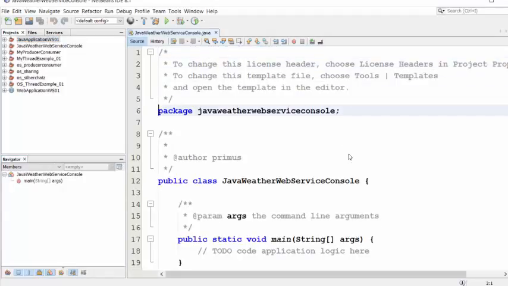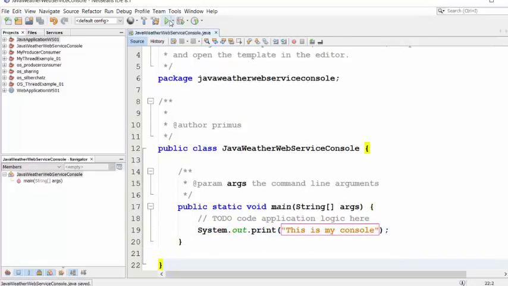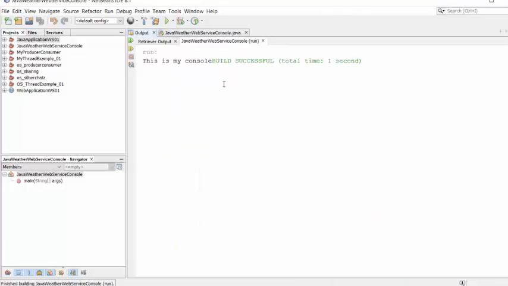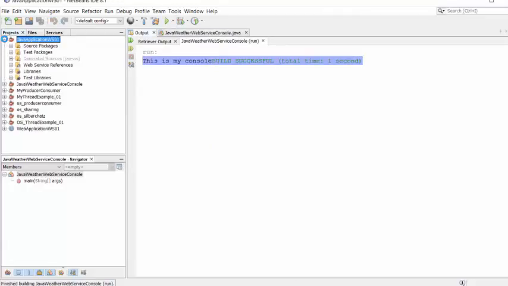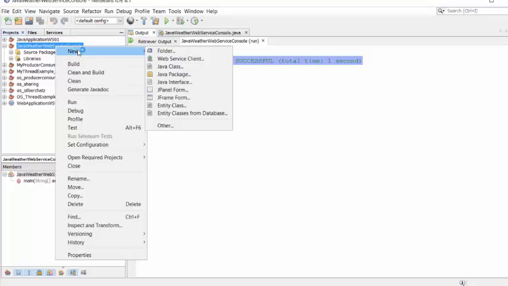Alright, so that's my basic Java code, and what I'll be doing is adding in a web service. Well, it's just a console, so I just call it console. Now this is there. I'll just run it to show you that it can run. It says this is my console. Great. Now the next thing we're going to do is add a new